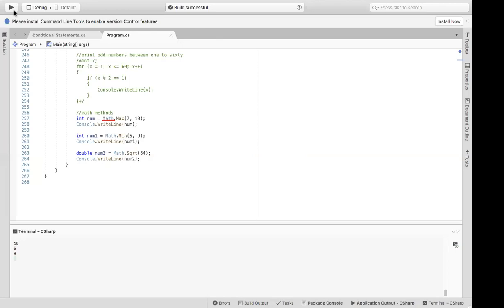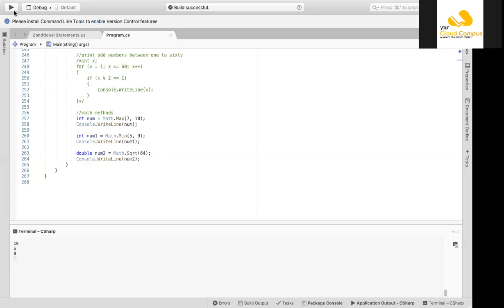We are accessing the Math class, and inside this Math class there are multiple methods, max, min, square root, and there are too many methods. We will use and discuss them one by one.